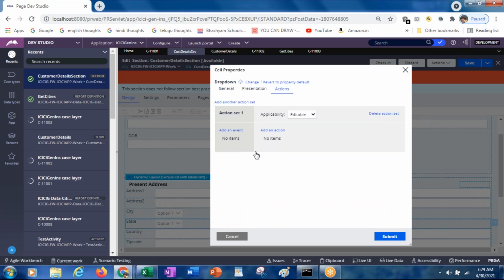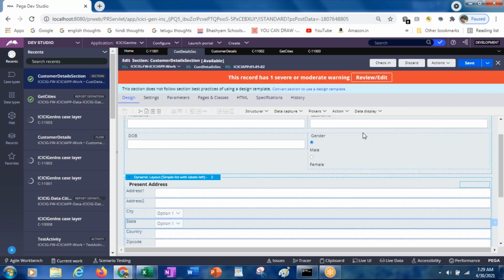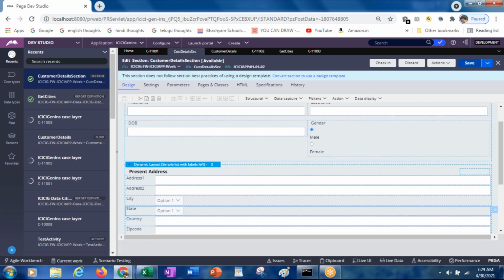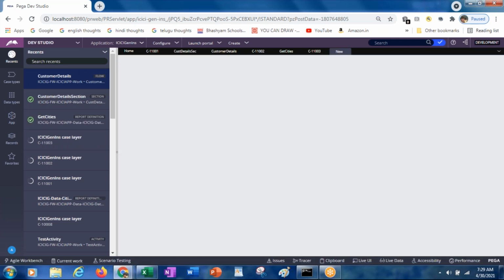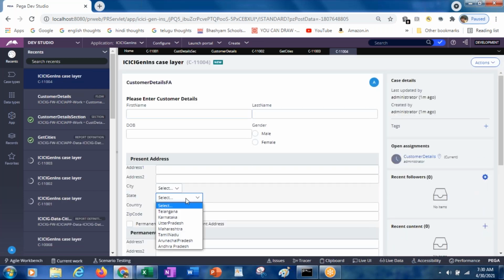Here one more thing should be applied. What we need to apply means, once after changing the state, we have to refresh this section. To change that, you have to refresh this section, otherwise it will not happen. That is the reason why earlier we applied it for the state, to refresh this one. How exactly can you do it? Now we will see actions run. So here it's populated like this.